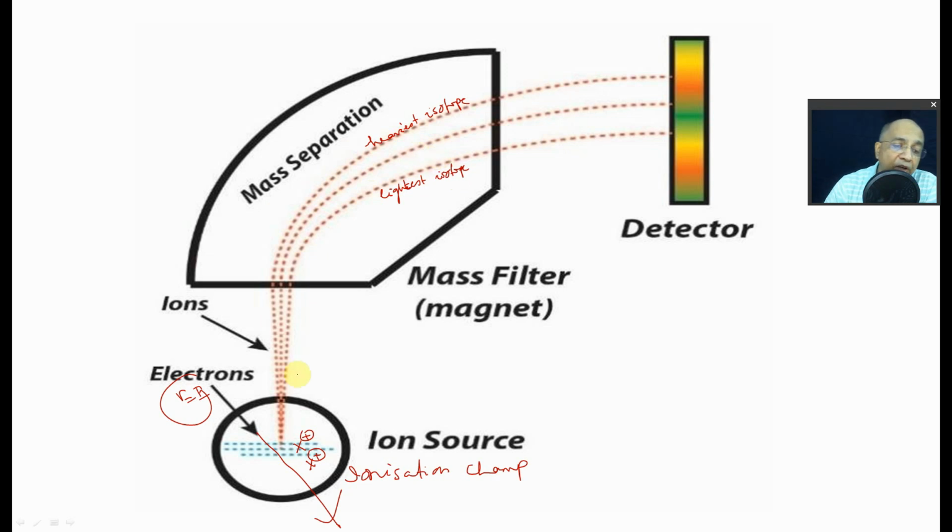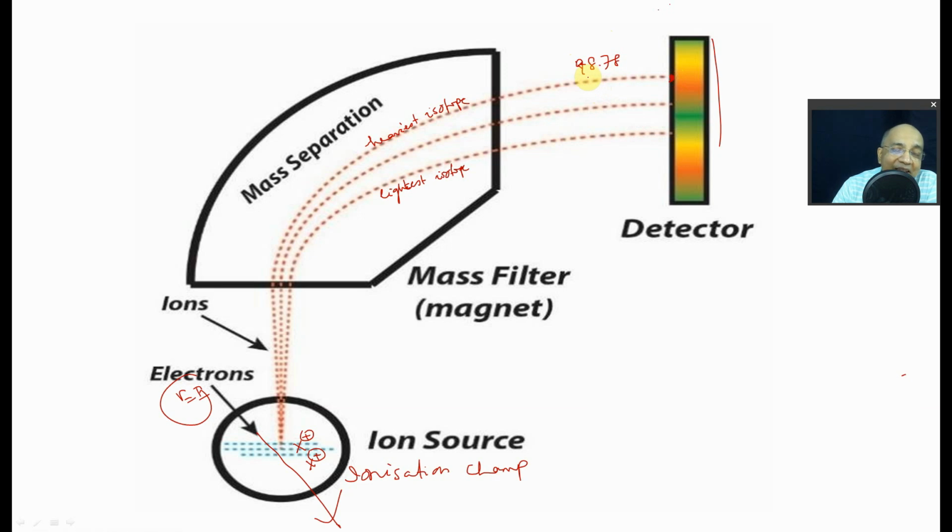So as many isotopes as there are, the same number of lines are formed. This is a detector. The detector here will get a sense of current. Immediately it will receive a microcurrent, and the magnitude of the current is directly proportional to the number. Supposing it is, say, in the ratio 98.78.